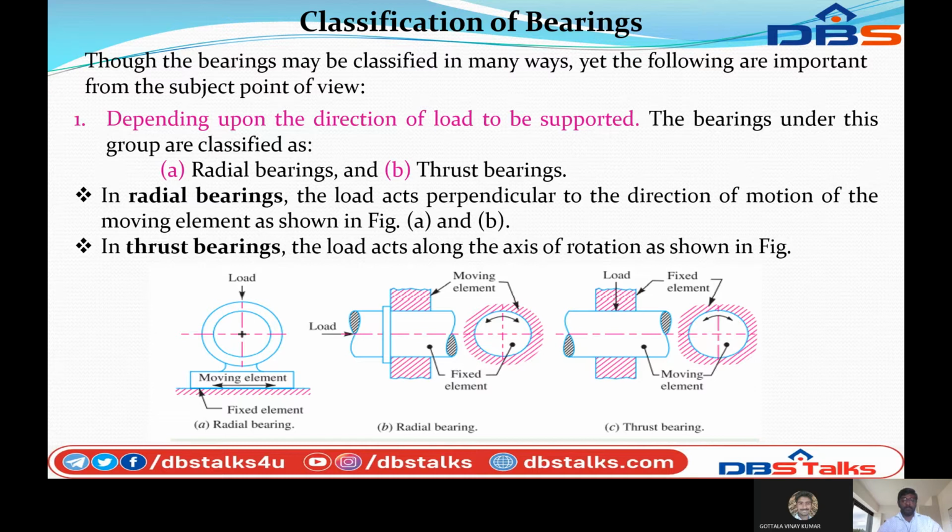The load is perpendicular to the direction of motion. The direction of motion is circular, and the load is applied perpendicular to the circular motion. This is the radial bearing. Next, coming to the thrust bearing,